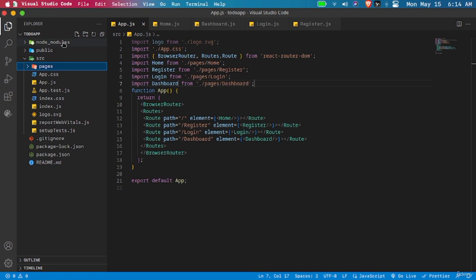Let's see how we can integrate Appwrite into it. For integrating Appwrite, we will create a folder called Appwrite inside the src, and inside this we will create a JavaScript file. Let's call it config.js,